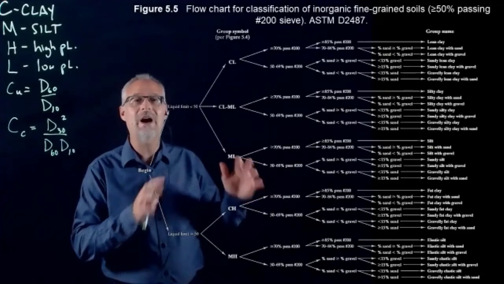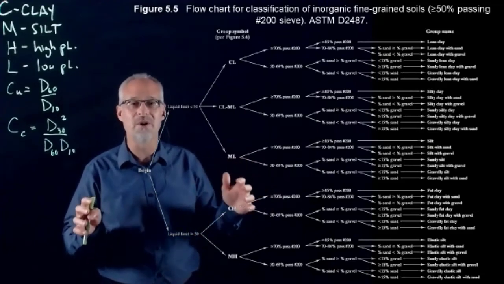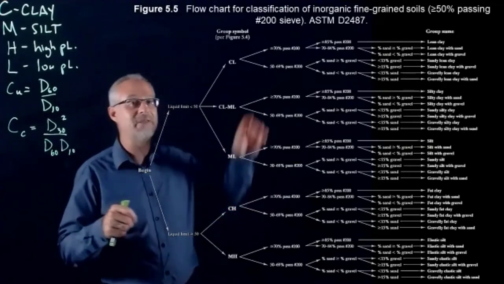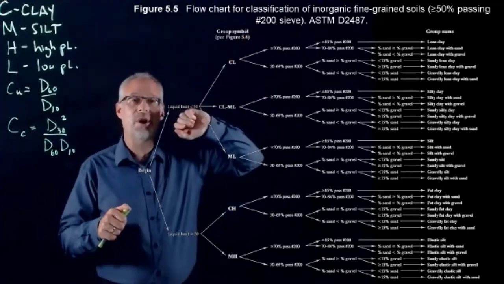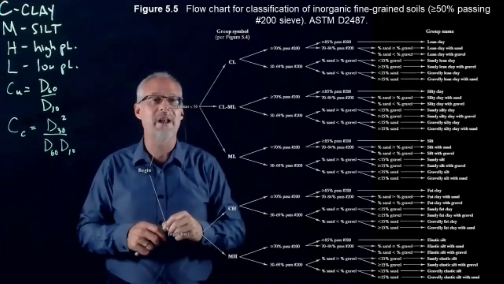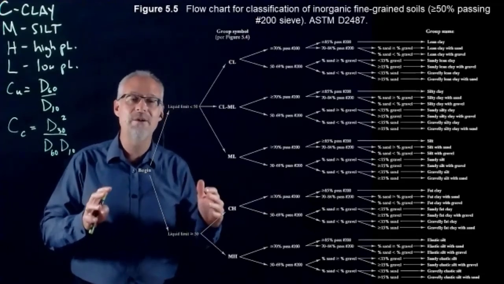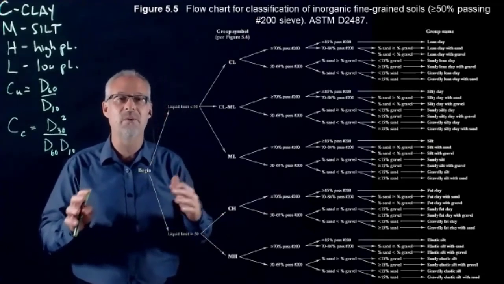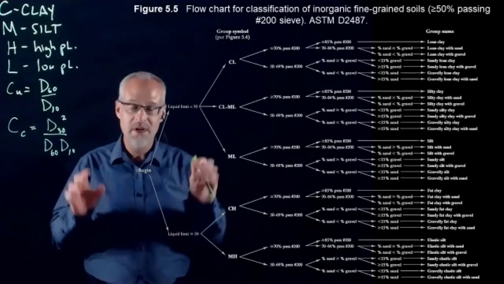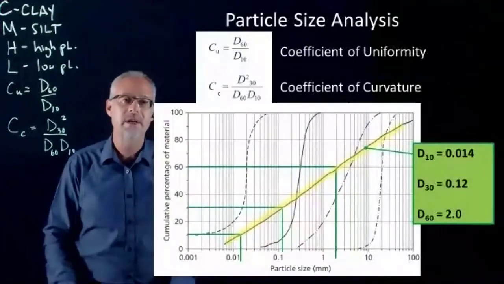And how do we determine if something is a fine-grained soil? The definition is actually right up here in the name of the chart. It says flow chart for classification of inorganic fine-grained soil, and in brackets it says greater than 50% passing the number 200 sieve. So in essence, the definition of a fine-grained soil is something